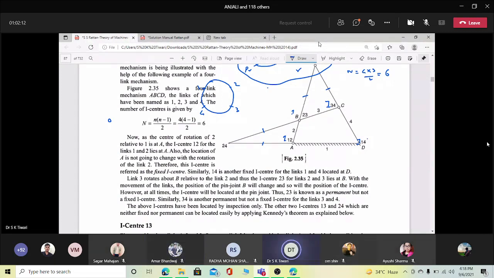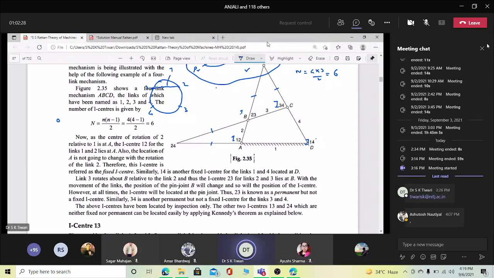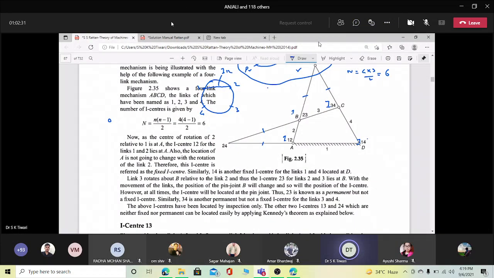ओके सर. इसमें स्लाइडिंग नहीं आया, नहीं तो स्लाइडिंग पेयर के लिए भी आई सेंटर विजुअल इंस्पेक्शन से मिल जाता है आपको. वो जब आएगा तब की बात तब करेंगे. ओके, सो connect 1 to 2. This is representing I12. Form line 2 to 3, I23, 3 to 4, this is I34, and 1 to 4, this is I14. फॉर्म लाइन से उसी को कनेक्ट करोगे, उन्हीं आई सेंटर्स को कनेक्ट करोगे जो विजुअल इंस्पेक्शन में लोकेट हो चुके हैं. ओके,